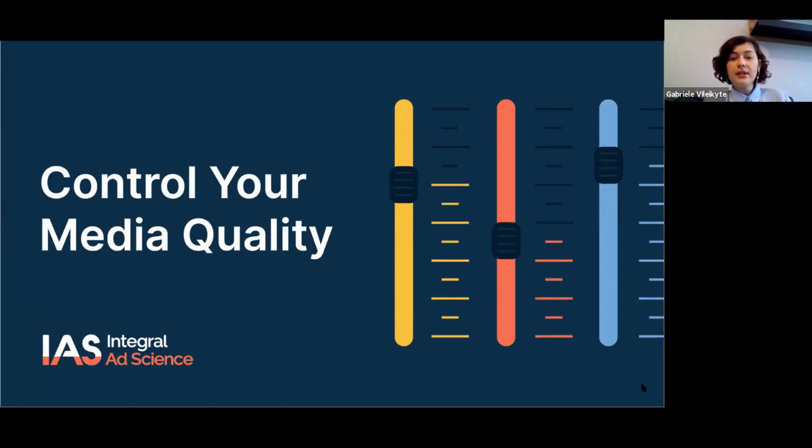I'm from Eskimi, and here at Eskimi, we always seek to deliver the highest quality inventory that drives results. However, to increase transparency, half a year ago we onboarded Integral Ad Science as one of our partners. So clients can opt in and use IAS to evaluate and verify the traffic where their ads are served.